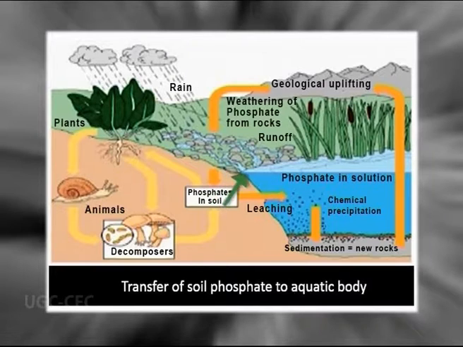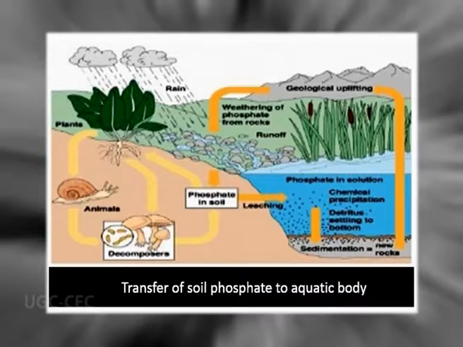From the land to water, this phosphorus will be coming, it will be solubilized, and these aquatic plants will take up this phosphorus easily. And thereby, when these plants are grazed by animals, it will easily be taken up by animals. So in another way, the phosphorus is removed from the water body at a faster pace in comparison to the phosphorus which is trapped in the land.